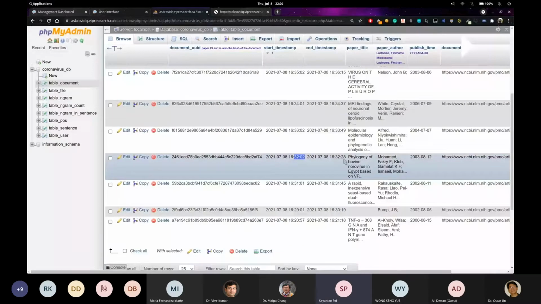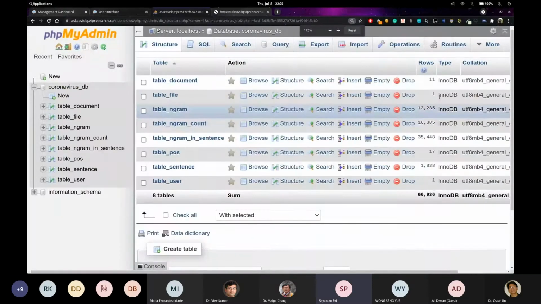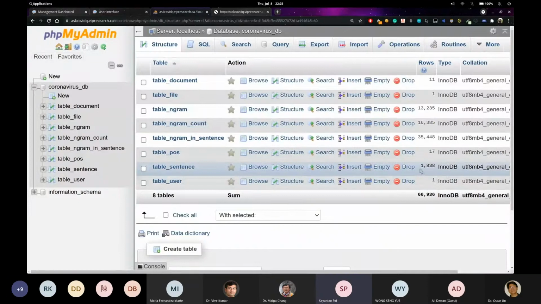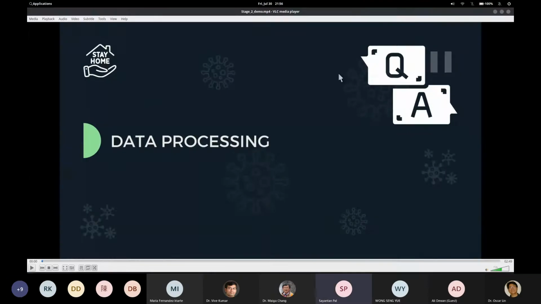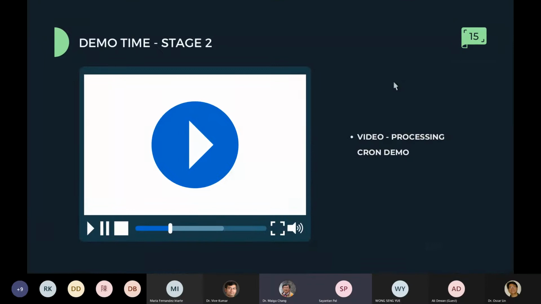This is what I wanted to show you over here. This is the part of stage 2, the way the cron is actually working. I am just finalizing it, showing you the figures once again, those figures which I have already shown you: 11 documents and all the stuff. So this is the way stage 2 is working. We are processing the documents one by one. So this is the video, and then I'm again going to the slides.